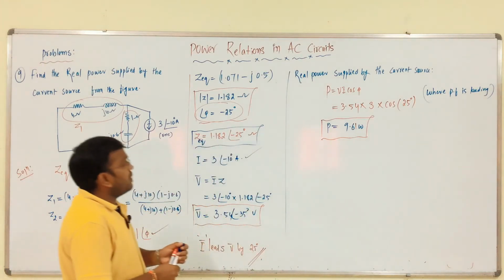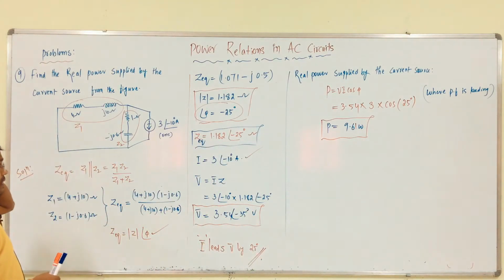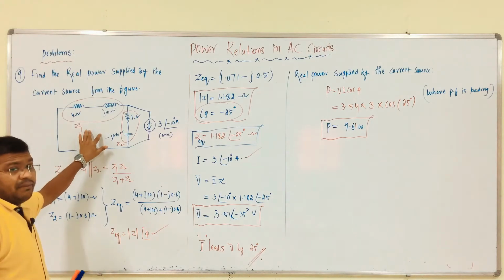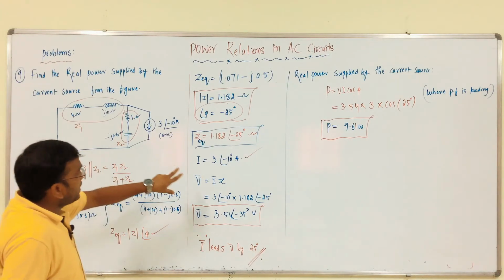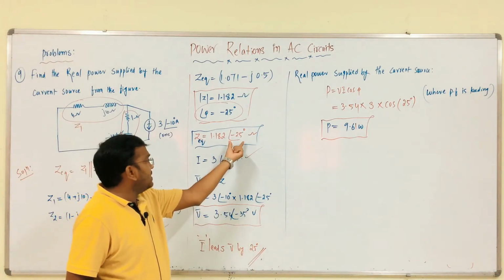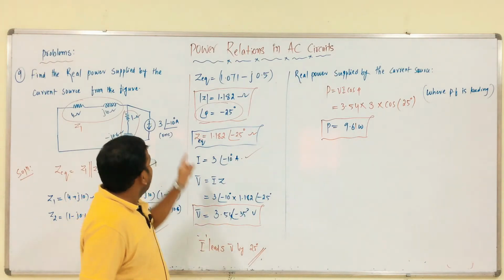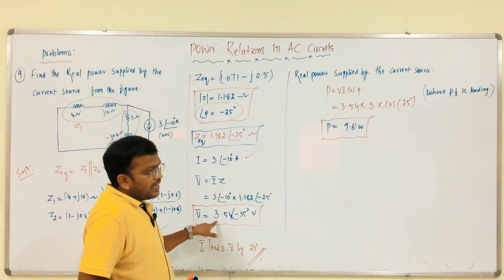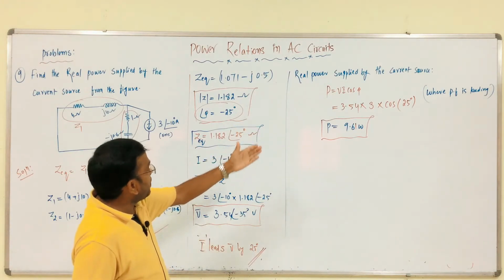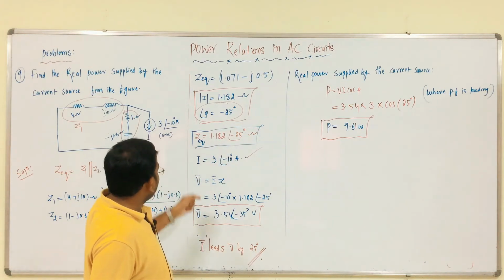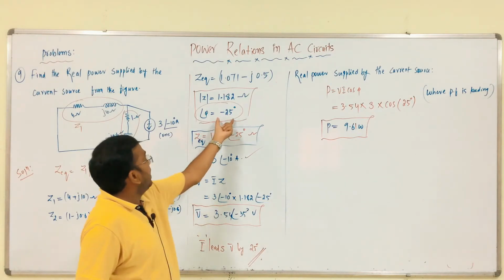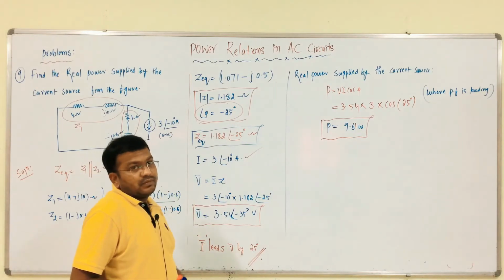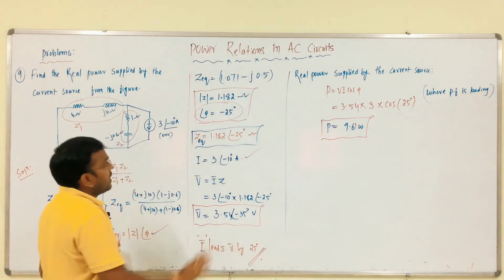So, this is one of the methods. Simple. From this, we have to calculate the equivalent impedance. From that impedance, we are going to get the angle. Cos of that angle is nothing but power factor. He provided current. From this impedance, we are going to calculate the value of voltage. V I cos phi is nothing but V into I into cos of this angle, 25. That's it. This is method 1, for example.